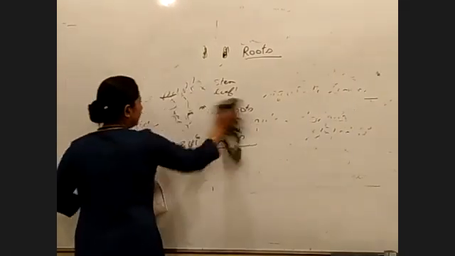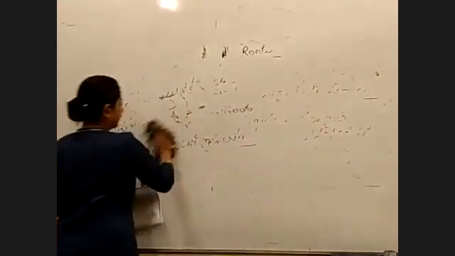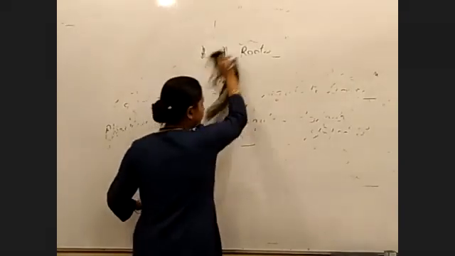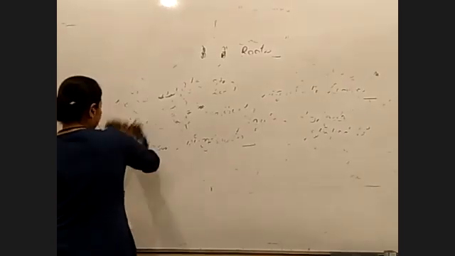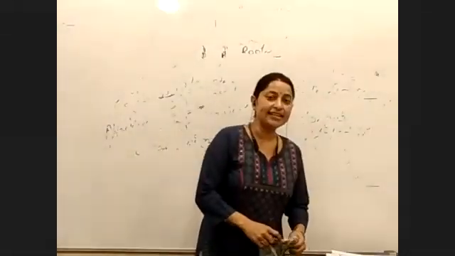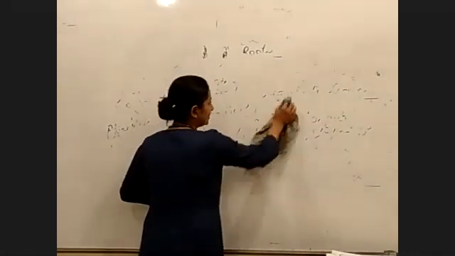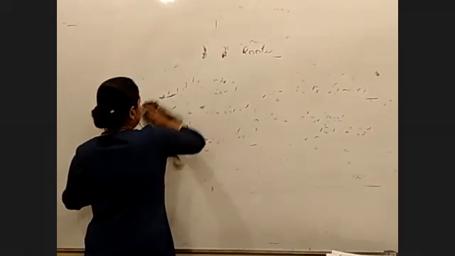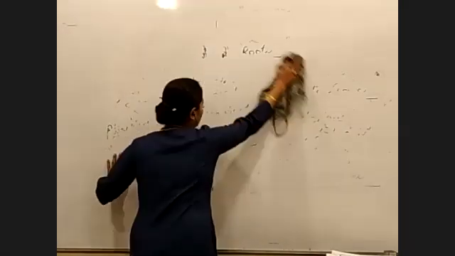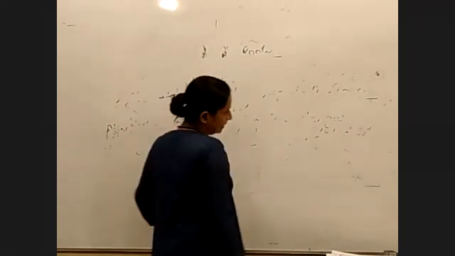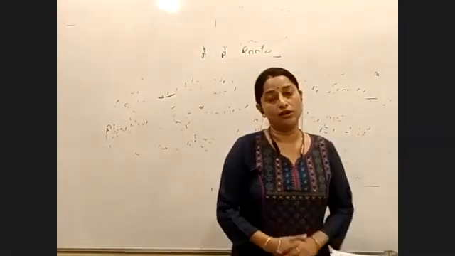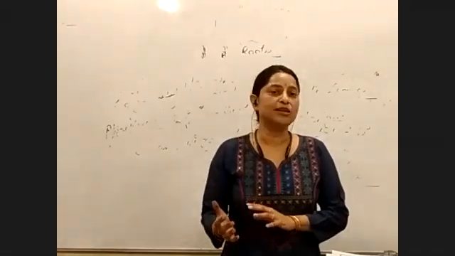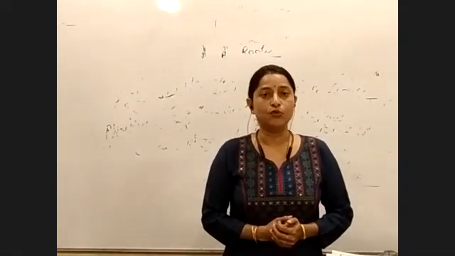Okay. Next, coming to the development of the gametophyte. We know Selaginella is an example of a heterosporous pteridophyte. So whenever we use the word heterosporous, what we understand is the cone of Selaginella. Remember, we have drawn it in the last class. It will develop two types of spores. Some spores would be big and some would be small. The small spores would be called microspores. The big spores would be called megaspores.